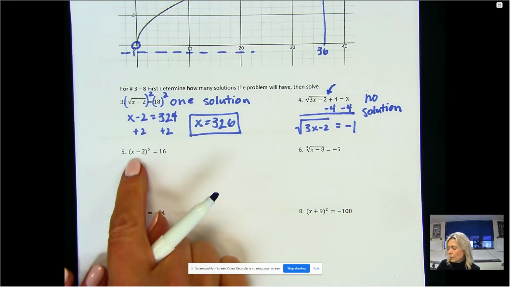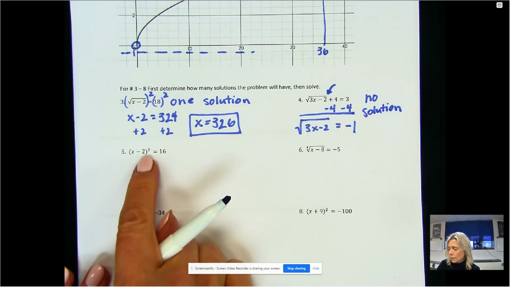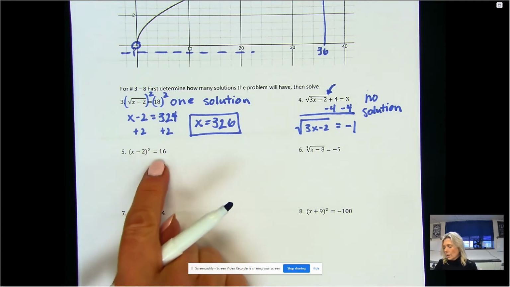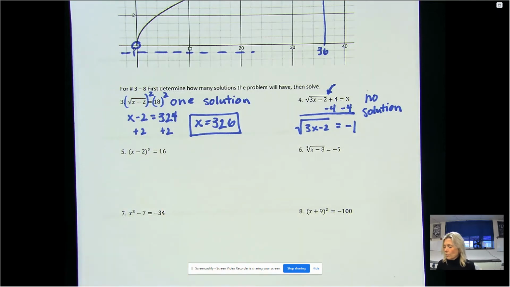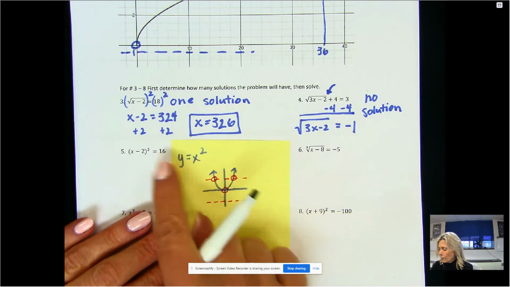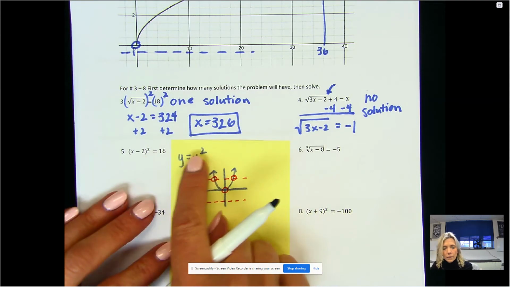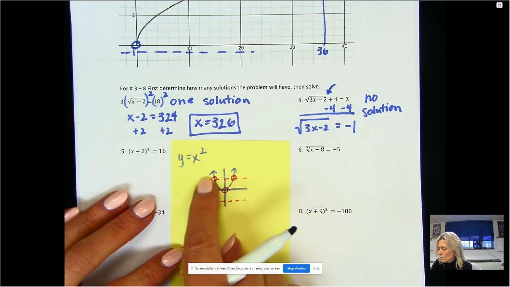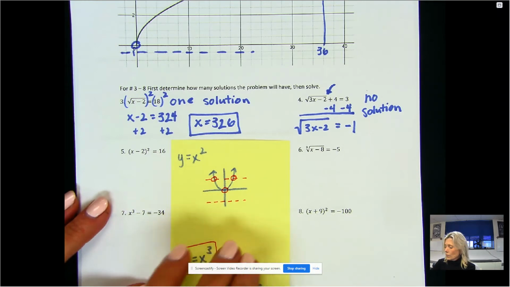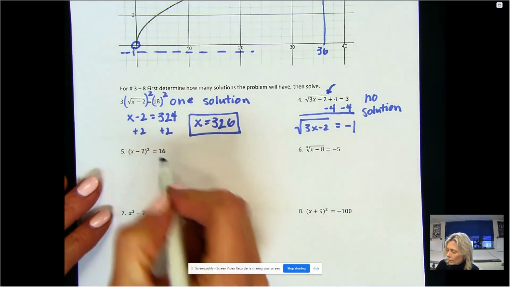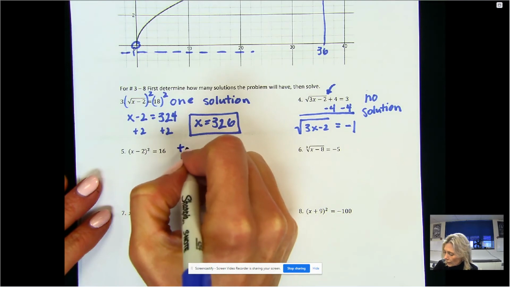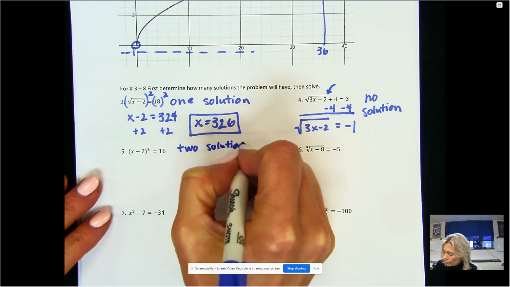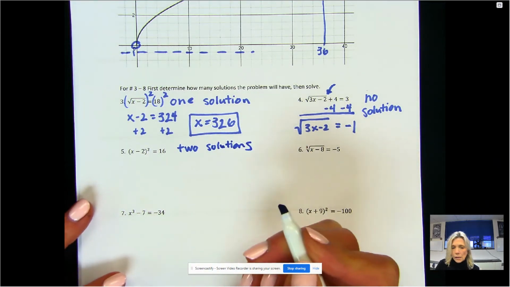Okay, on number 5, x minus 2 quantity squared is equal to 16. So what I've got is something squared equal to a positive number. So when I look at the graph, I'm going to look at this graph because it's something squared. It's equal to a positive number, which means there's 2 solutions, because this is what happens when it's positive. So 16 is a positive number. Every positive number has 2 square roots. So this has 2 solutions, and we find them